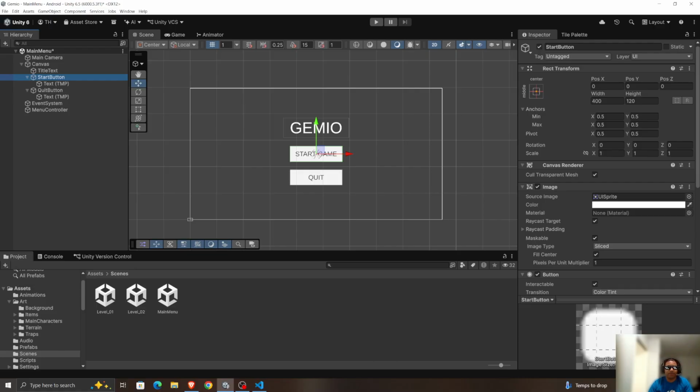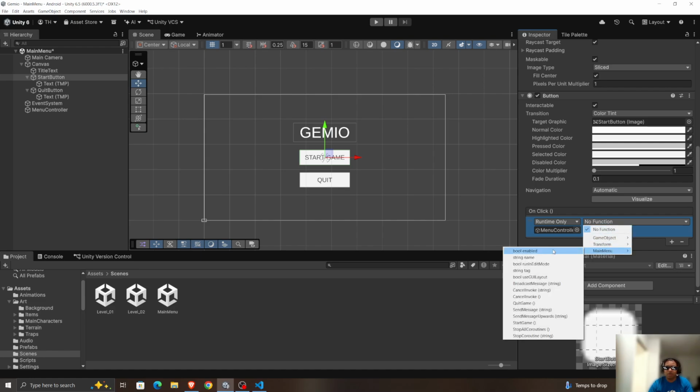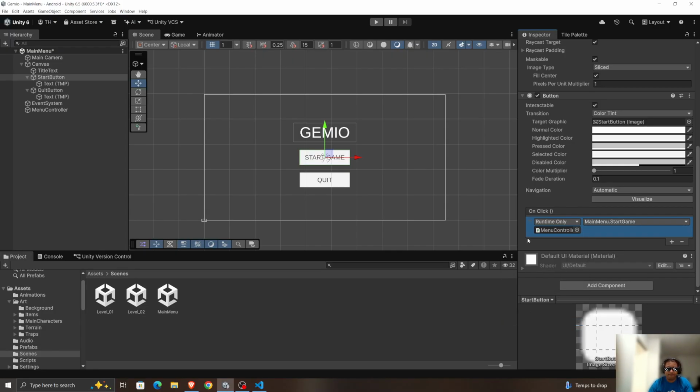Start button. Scroll down to your on click section in the inspector. Click plus and drag your menu controller object and change the name no function to main menu, and it should be start game. So main menu dot start game,